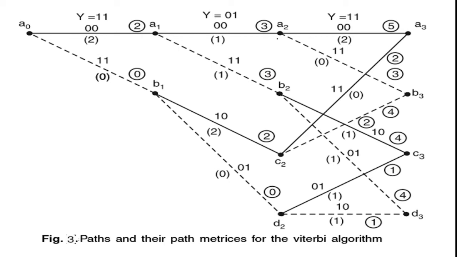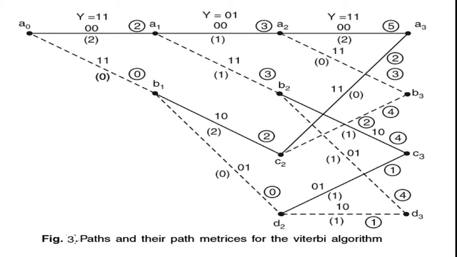So now where the state is 0 0, message bit 0 is to be transmitted, we get the encoded signal 0 0, and message bit 1 is to be transmitted, the encoded signal is 1 1. Here the state is 0 1, and message bit 0 is to be transmitted, the encoded signal is 1 0, and message bit 1 is to be transmitted, the encoded signal is 0 1.